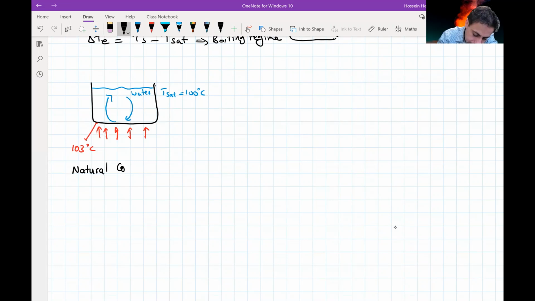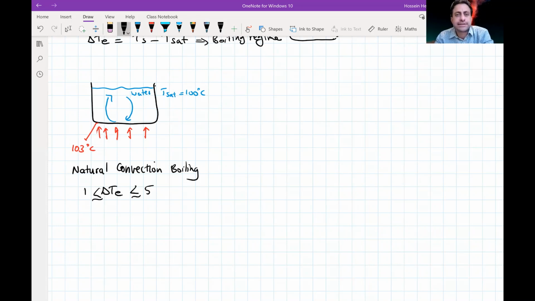Natural convection boiling generally happens at a small excess temperature, so delta T is greater than 1 and less than 5. There are really no bubbles, and the liquid is slightly superheated here. Evaporation mainly happens because of these circulations that rise to the free surface. That's the first one. Then if we increase the surface temperature,